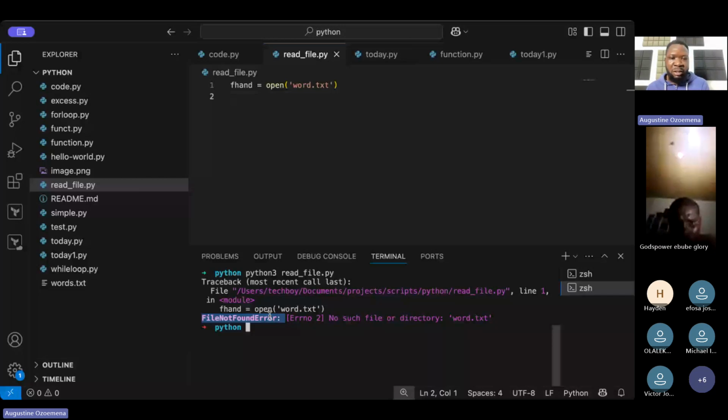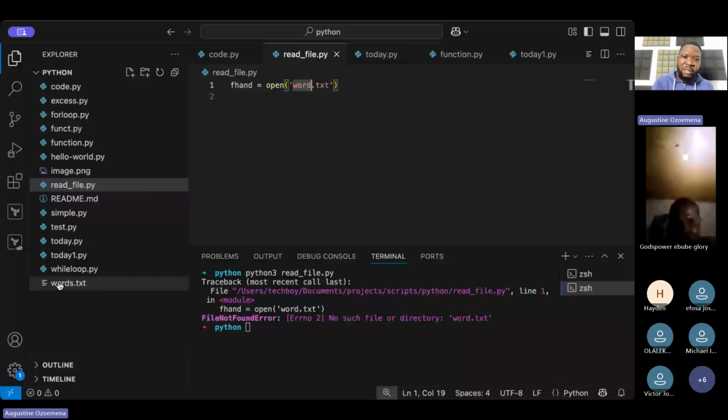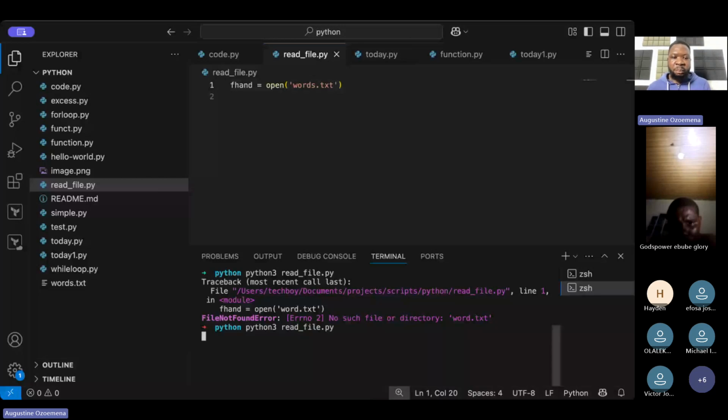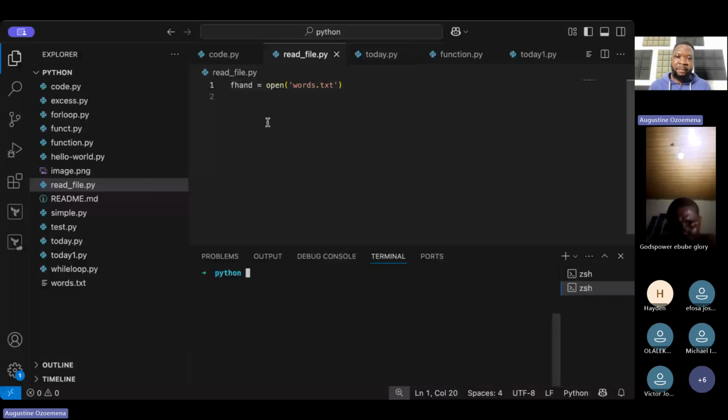This is gonna happen to you a lot when you start working with files, because most of the time you can easily make mistakes on the file names, right? So you have to always cross check to make sure that you're getting the name correct. And once you have it correctly, Python is no longer complaining because it's able to get the file, right? Now, if we tell Python to print this file,